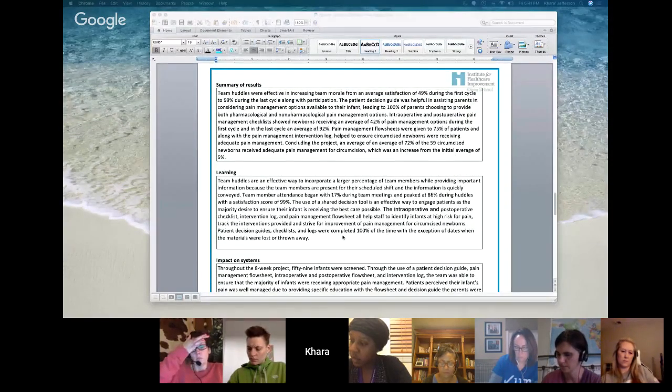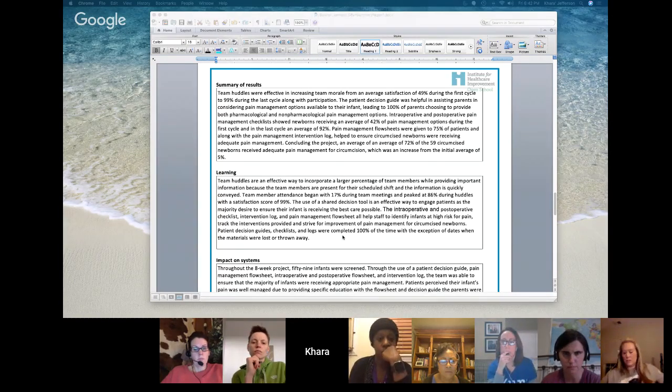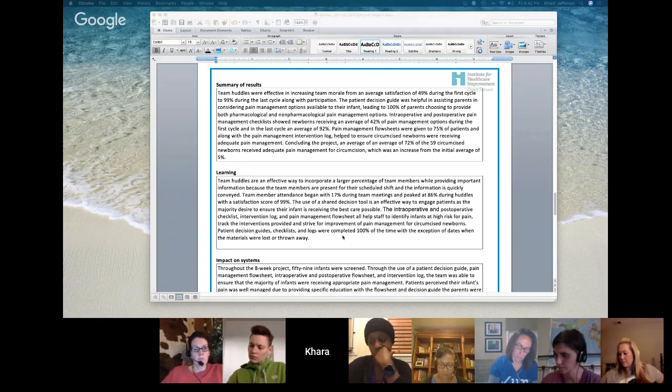This is really good because this actual summary of results can almost become your summary section in your SQUIRE narrative. It is one paragraph, 4 sentences that captures your entire project summary format with data. So you're saying, my screening intervention screened X amount of people, or I improved it by 50%. Team huddles were effective in increasing team morale from an average satisfaction of 49% during the first cycle to 99%